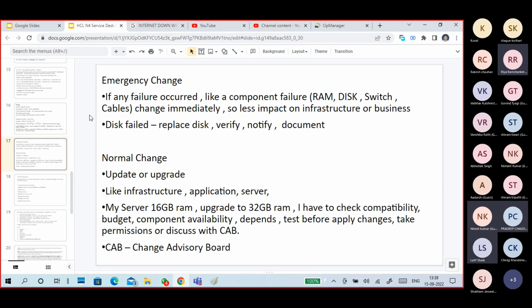There is also something like impact, and replacing reduces the impact. For example, a switch is down. The impact is on multiple computers, and multiple network disconnections occur. If you immediately replace the switch, the impact will be reduced. That is an emergency change. But normal changes are like updates, upgrades, upgrading your RAM, updating your operating system, updating antiviruses,